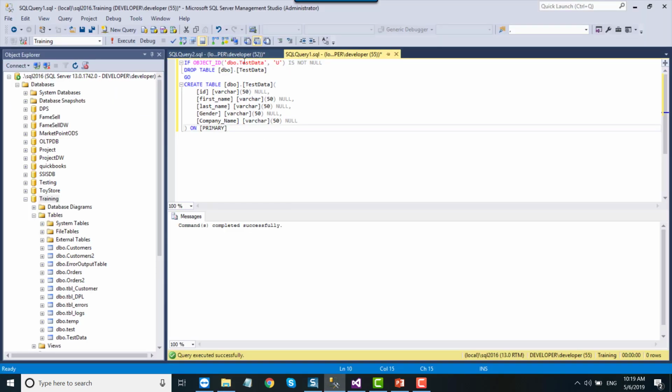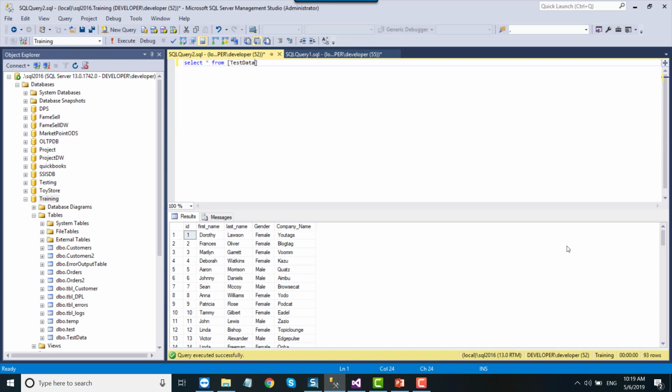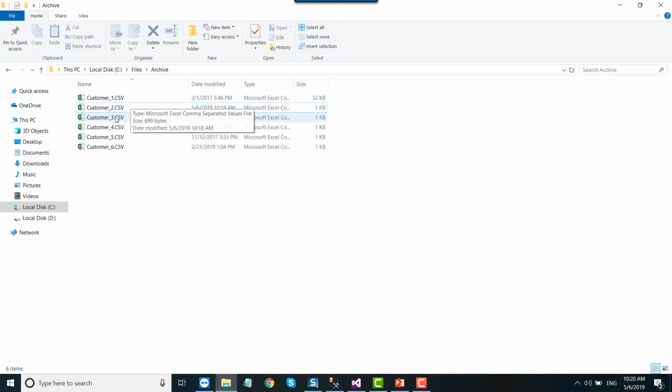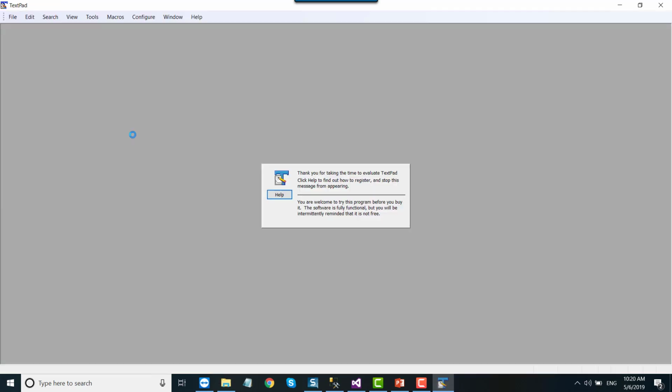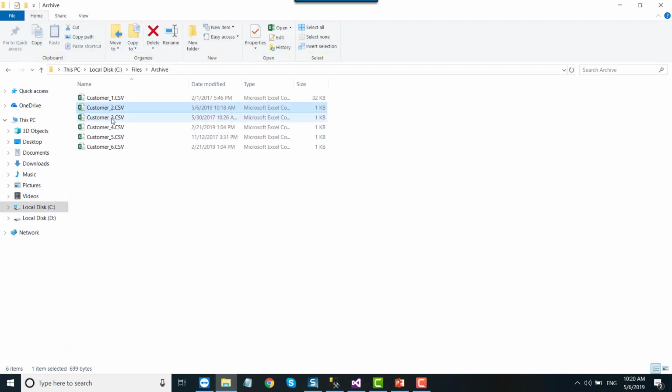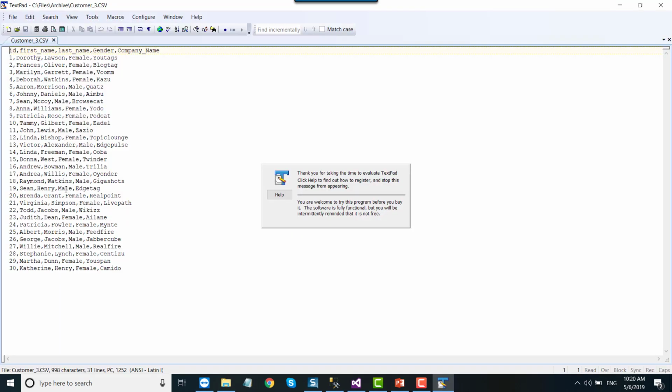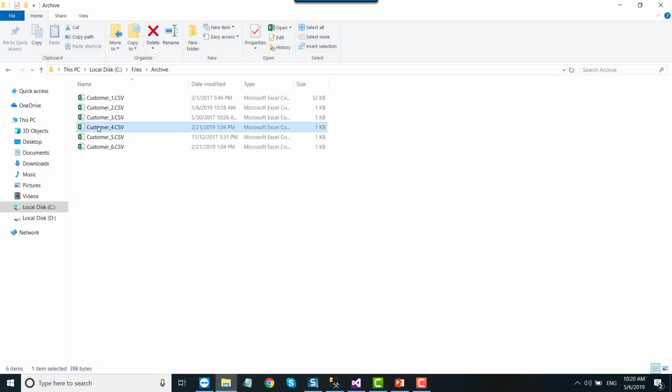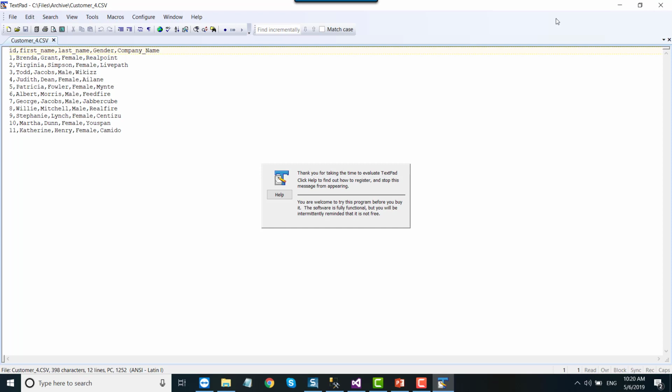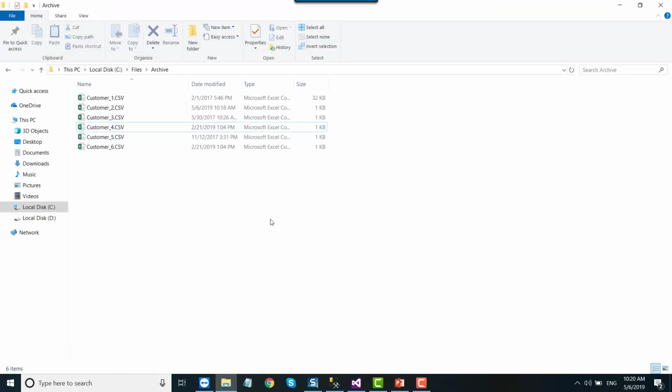If you want to check the data, you can see that this time it has 93 records, because the first file customer1.csv had 1000 records, but we have not loaded that file this time. We loaded only the rest of the files, and the rest of the files do not contain much data. For example, customer2 contains only 21 records, the third file contains 30 records, and the fourth and fifth contain very few records. That's why we don't have that much data. Only the first file was containing more records.